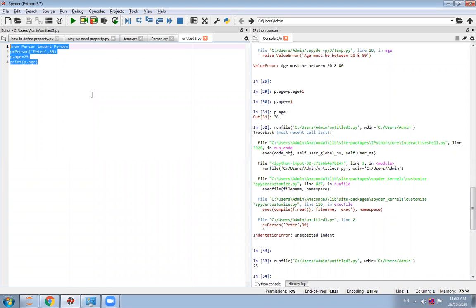So when to use a property: when we need to perform data validation on an existing instance attribute, you can turn it into a property. Note down this thing.